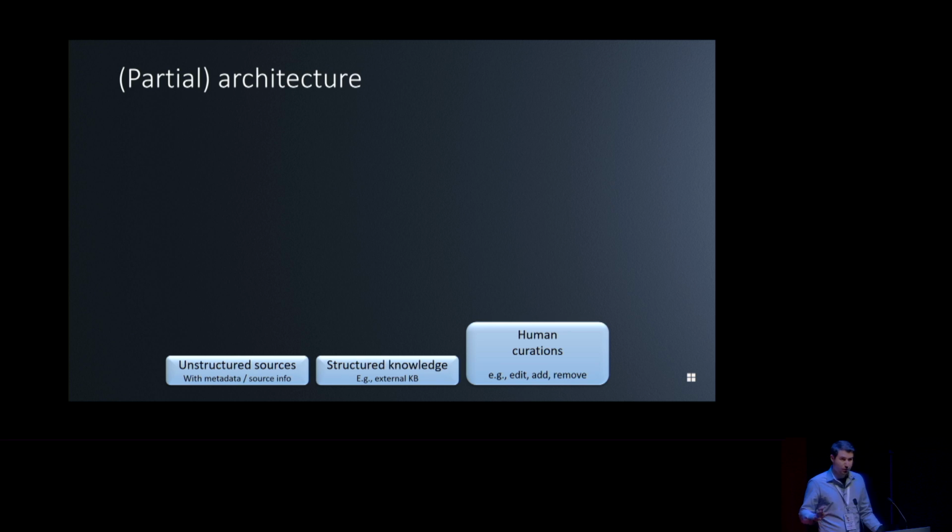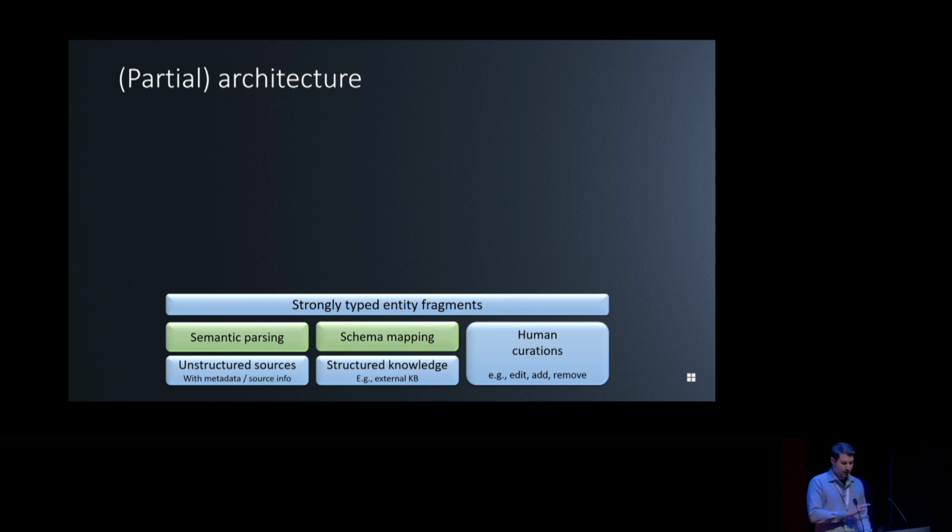All of the structured knowledge that comes in as external KBs, and all of the user edits, right? Things like adding, removing, editing, and so on. Now, what we'll do is take them to a shared, canonical form. The unstructured sources will have to go through your favorite semantic parser. That is not the focus of this talk, so I will not talk about how Alexandria does this, but there are many ways that you can do this.